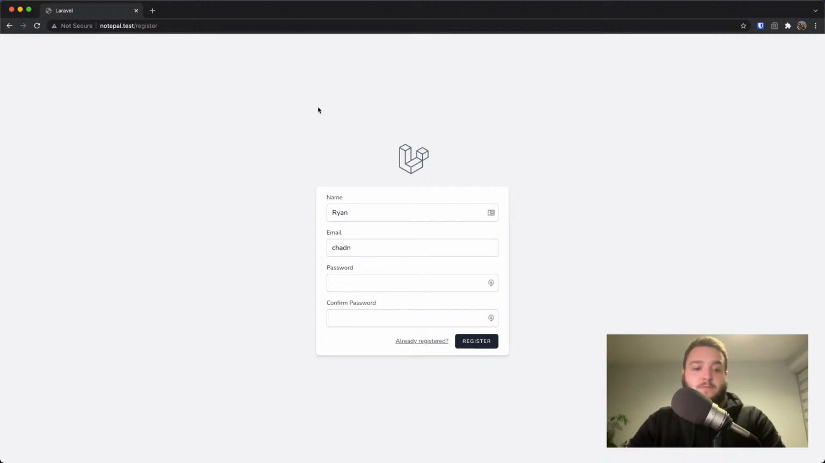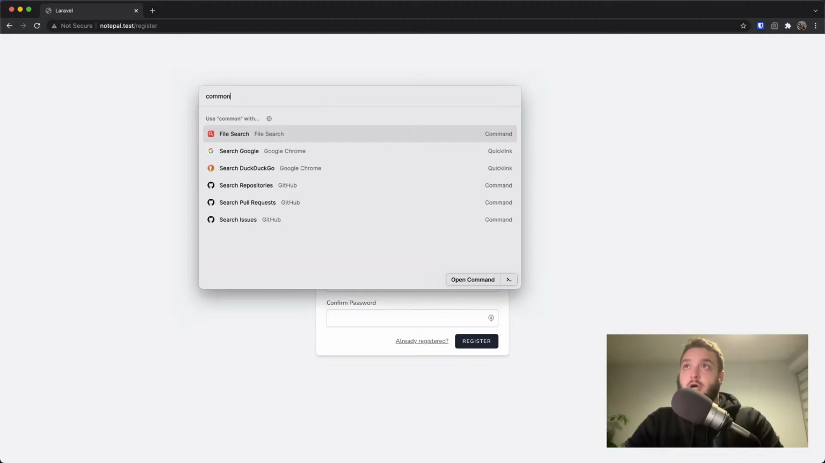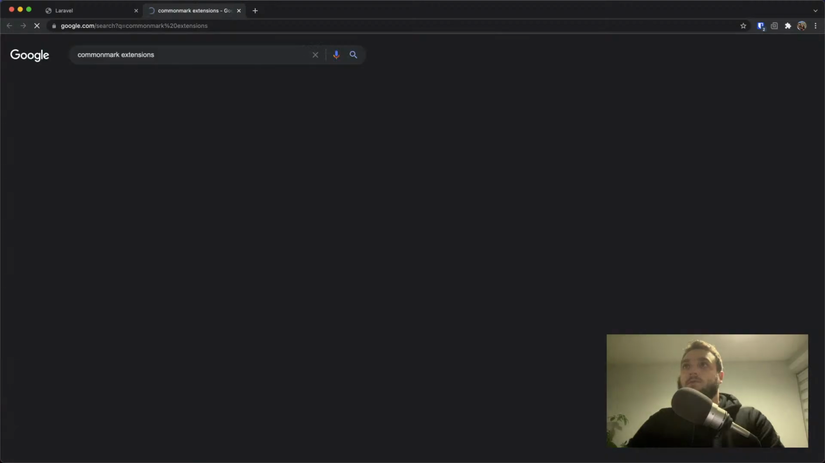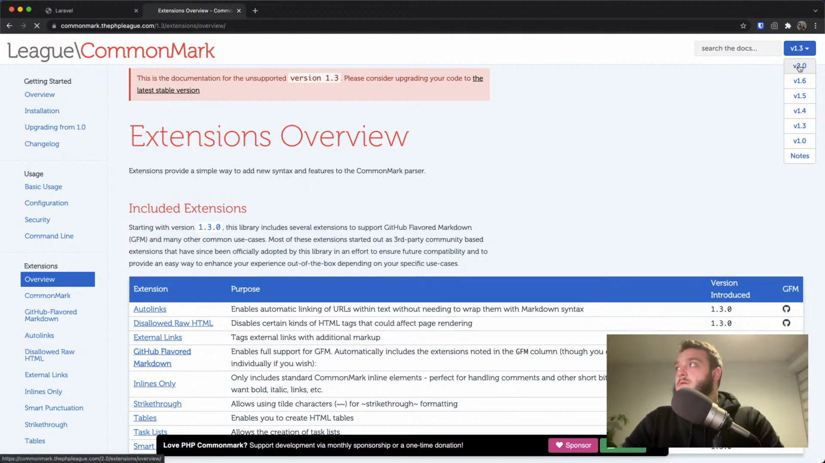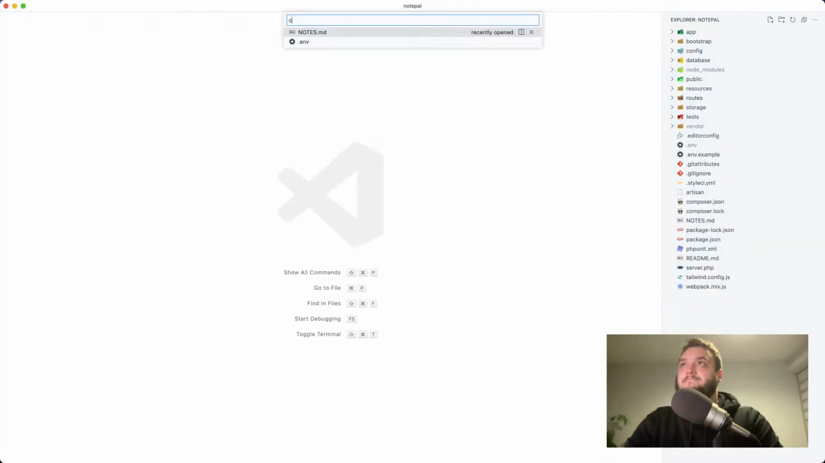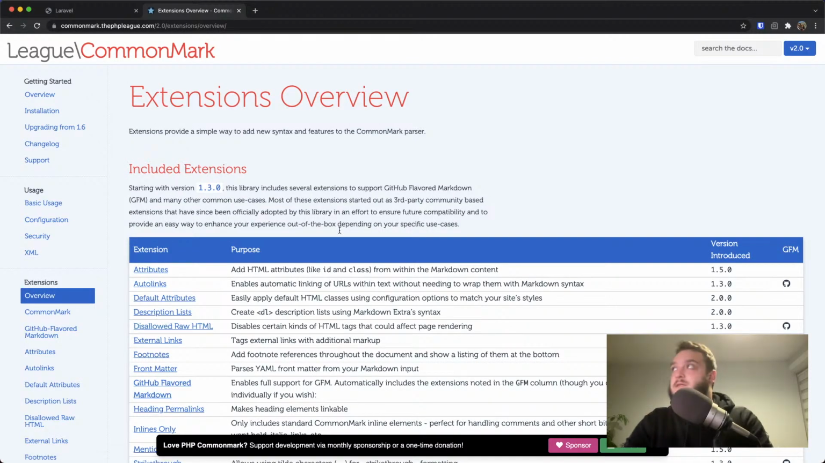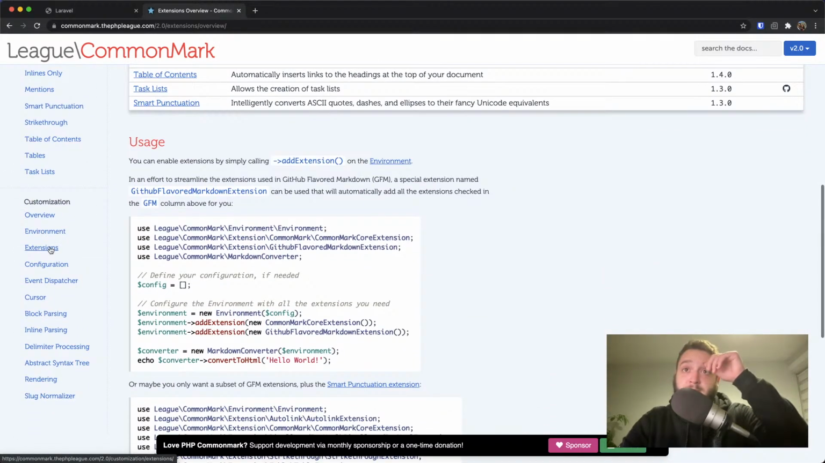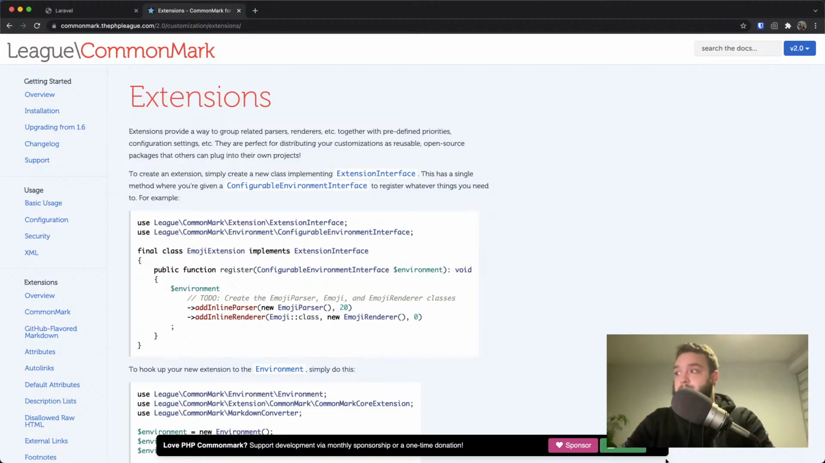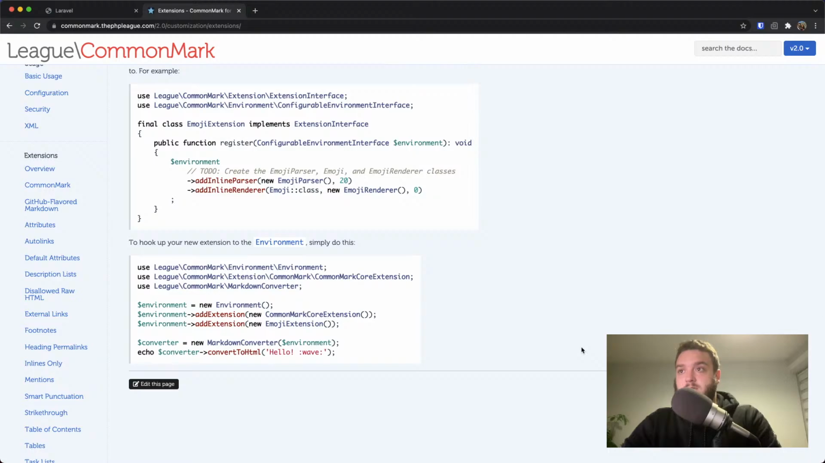Let's go to Chrome and we can search. What can we search? CommonMark extensions. So let's just search this. We are on, what version are we on? Let's have a look. 2.0, nice. We love to be on the latest versions. So there'll be a section here somewhere about building extensions like this. So let's